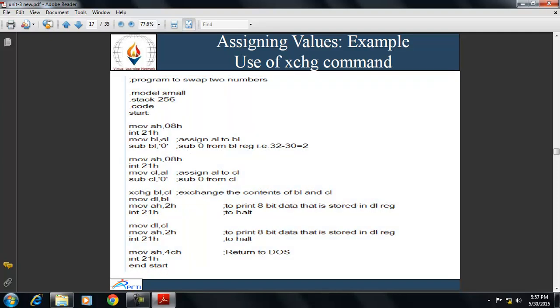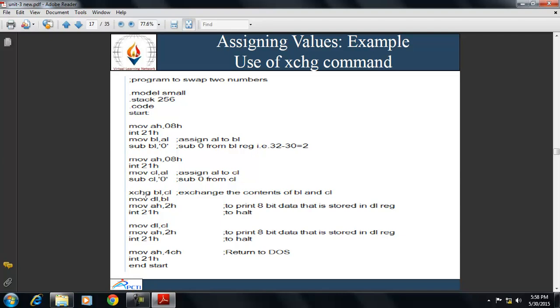So if we enter any number such as 2, then 2 is transferred to BL, and it is represented as 32. To convert it into 2 we subtract 30 from this number, that is we subtract 0 because 0 is equivalent to 30. Similarly we accept another number, move it to the CL register, and again subtract 30 to convert it into a number.